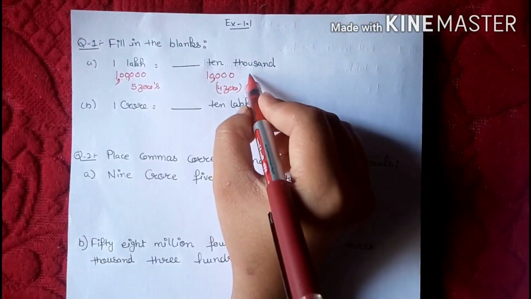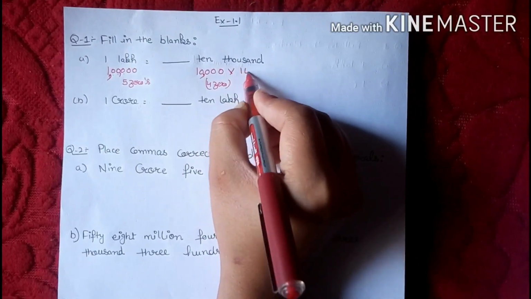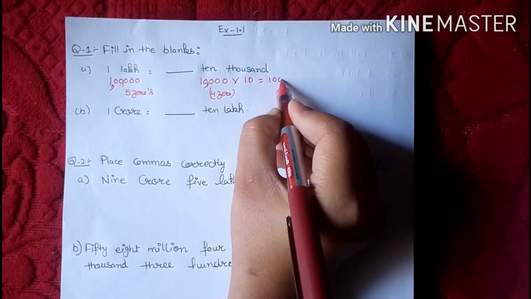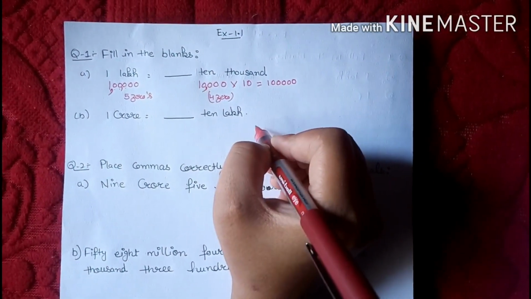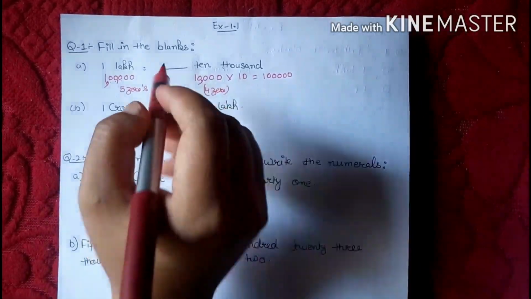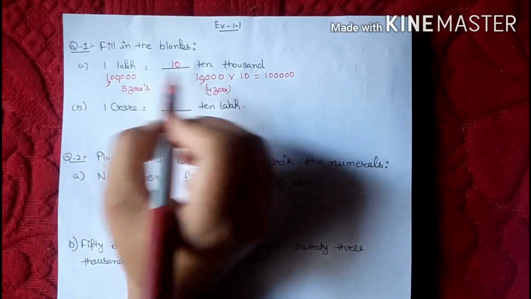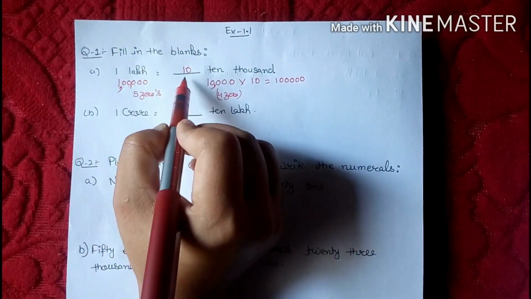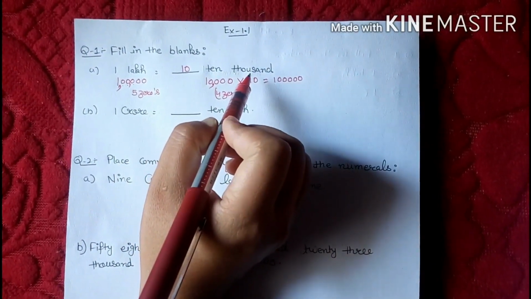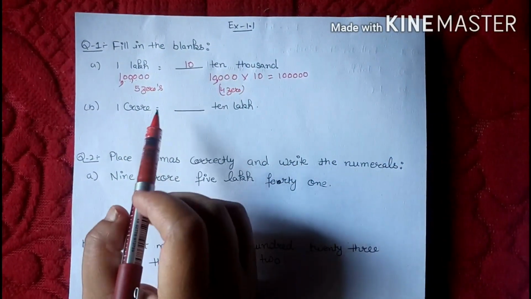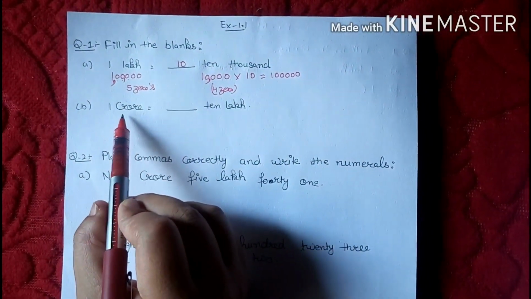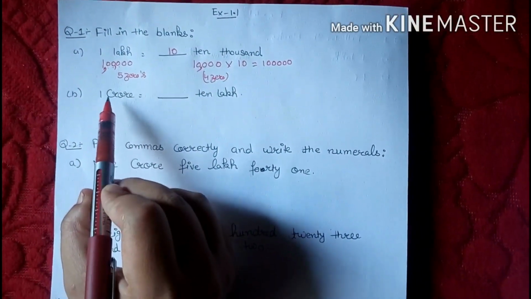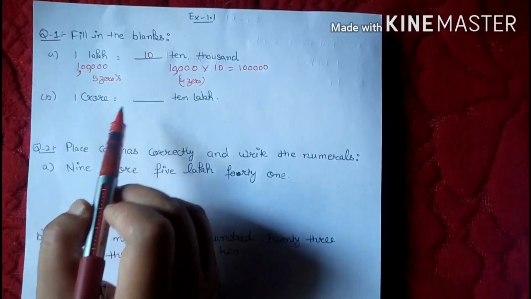When we multiply 10,000 with 10, it becomes equal to 1 lakh. Yes, students. So it means when we are multiplying it with 10, they both will become equal. So 1 lakh is equal to 10 thousand. Is it clear? Now we are moving forward to the second question, that is 1 crore is equal to dash